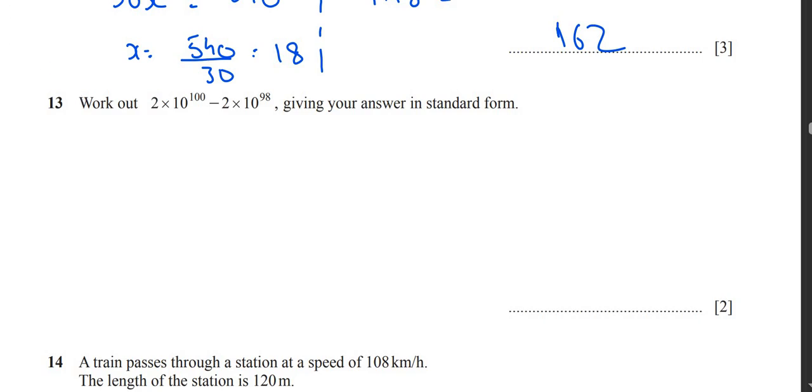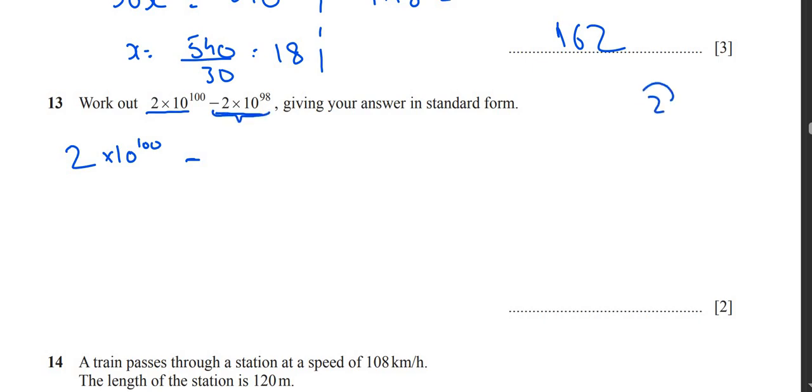Moving on to question number 13. It says work out 2 multiplied by 10 raised to power 100 minus 2 multiplied by 10 raised to power 98, giving your answer in standard form. So look, the best way to do it is to make the powers the same, both of them. So 2 multiplied by 10 raised to power 100, subtract from this 2 multiplied by 10 raised to power